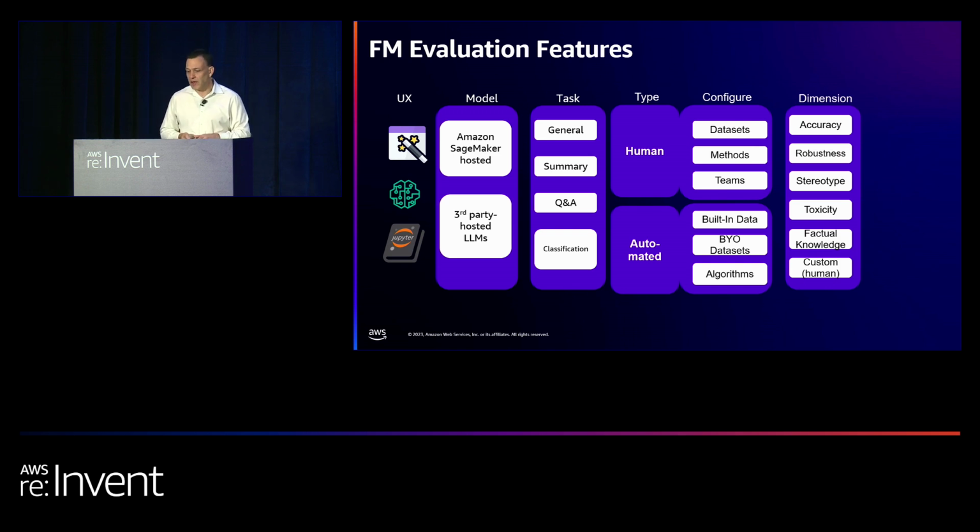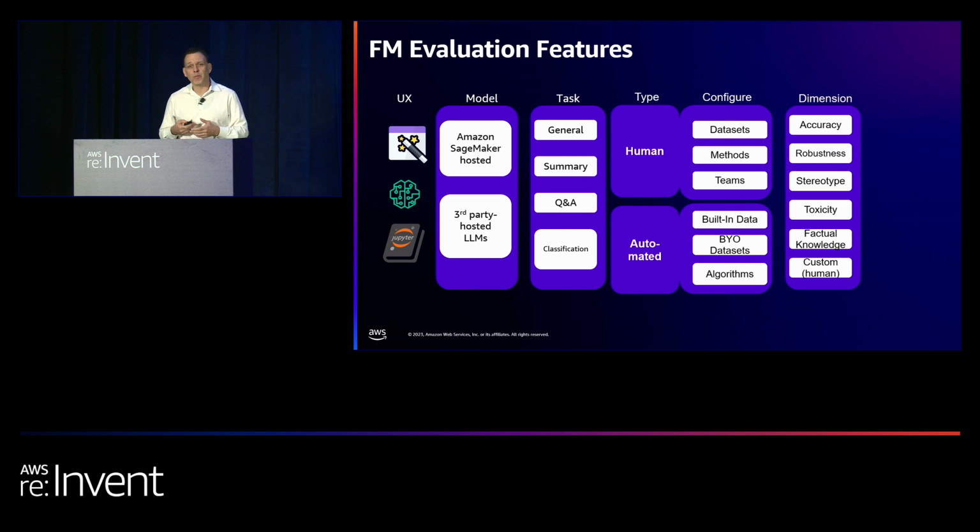Then you would select human or automated evaluation, depending on which type of evaluation you want to perform. The human evaluation can only be set up in the UX, but the automated could be set up from all 3 options. If you're using the automated evaluation, you will likely get started with built-in data sets that we provide. And these data sets are configured across the evaluation dimensions here on the right that I'll talk about in a second. Or you can bring your own data set. We give you documentation, and it's an easy JSON lines format. You could follow the built-in data sets and bring your own.